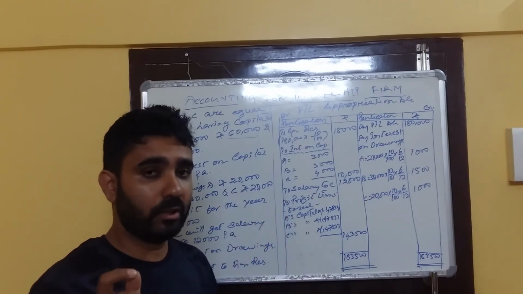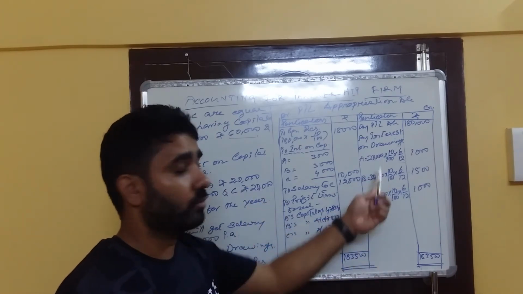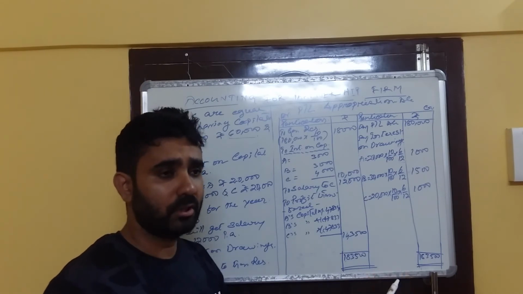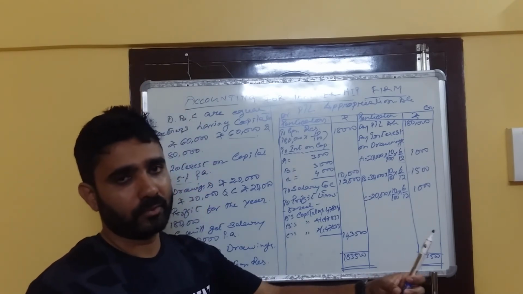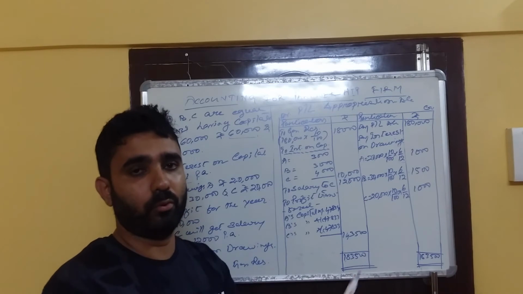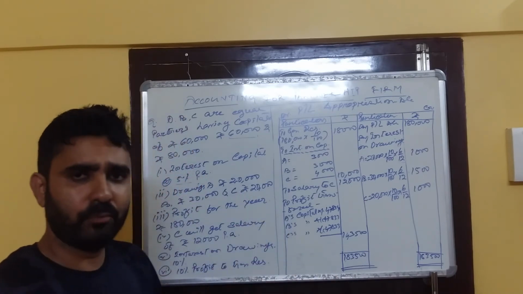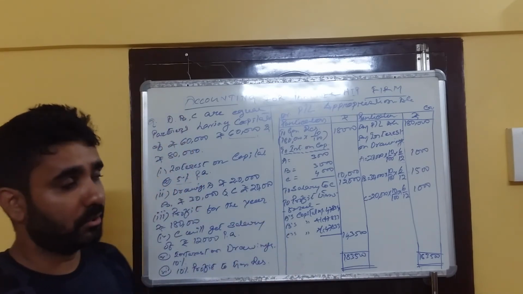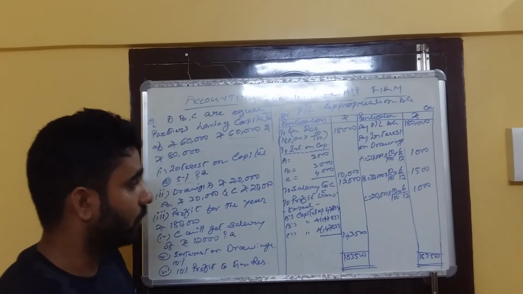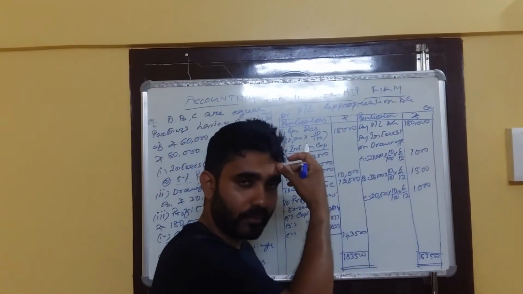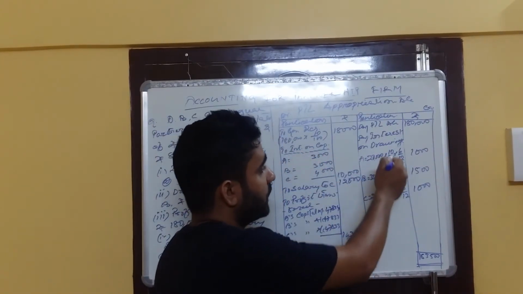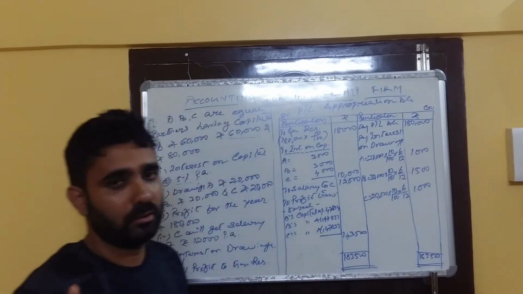So we cannot directly calculate 10% of 20,000. That will be wrong, because in the whole year, together, the total withdrawn is rupees 20,000. So whenever we get this kind of question, obviously we need to take what is called the average month, and we have to take the average month of 6 months.